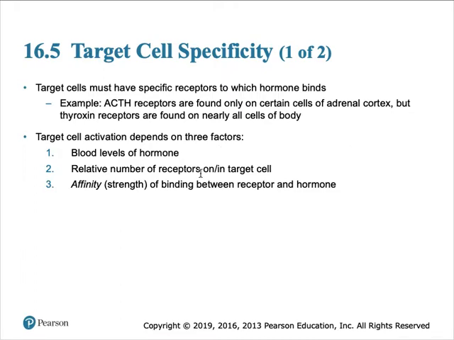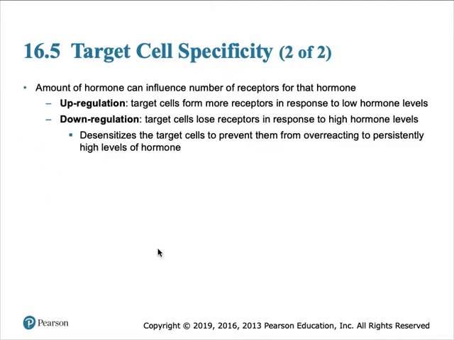Target cell activation is going to depend on three different things. This is very important. The amount of the hormone that's in the blood; the relative number of receptors on the target cell, so its ability to respond based on how many places the hormone can bind to that cell; and thirdly, its affinity, or the strength of binding between the receptor and the hormone. How good of a chemical fit is it? Does it kind of initiate the receptor, or does it really turn on the receptor? All right, so blood levels, the relative number of receptors, and then its affinity or strength of binding between the